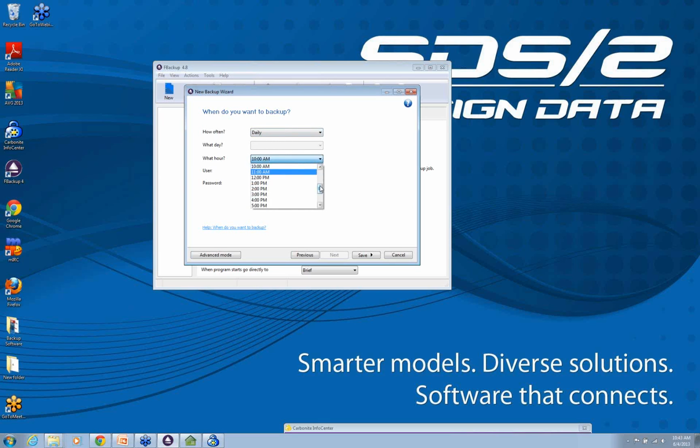and then what hour. In this case, I'm going to select 8 p.m. And then it's going to ask for the user to run this under automatically, and your password. Type that in. Click Save. You can either save it and run it at that time, or just save. I'm going to just click Save,